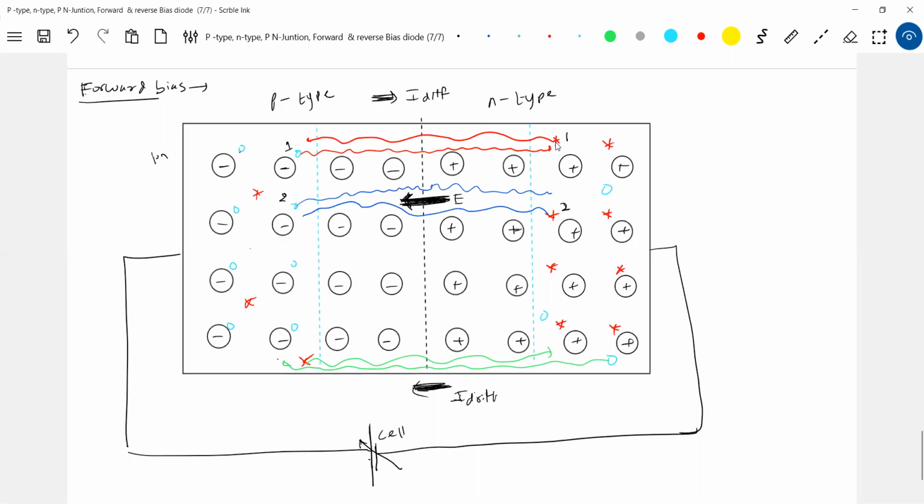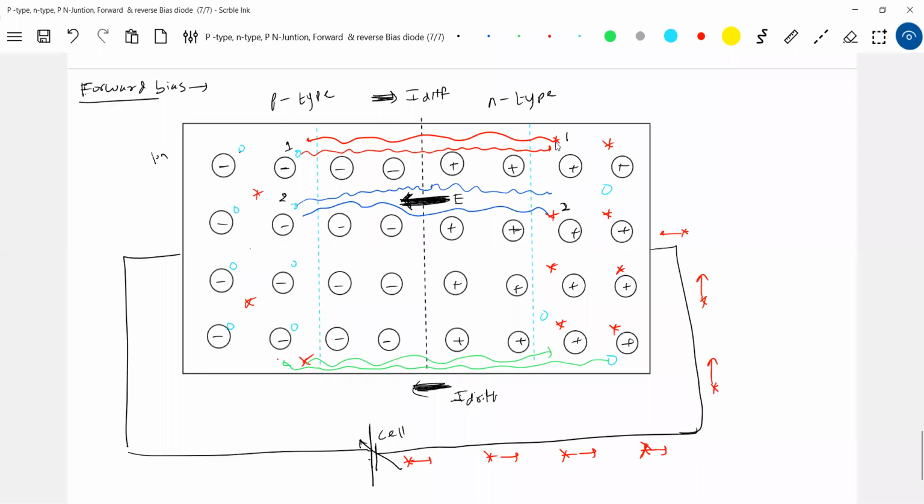Now, how is the movement of charge? Let's see that. This electron, this we know is from the cell. Go back to our current density. This will give electrons, and these electrons flow like this. There's an n type, and these electrons come here. So what will this negative terminal do? It will inject electrons into the n type.